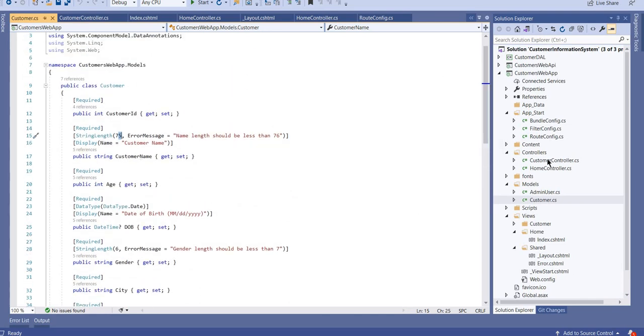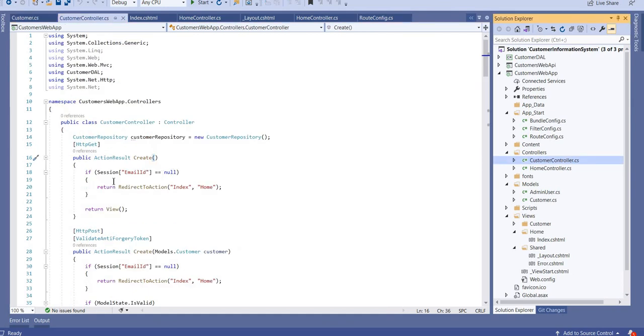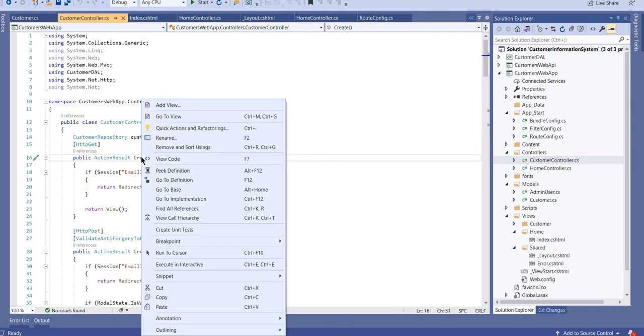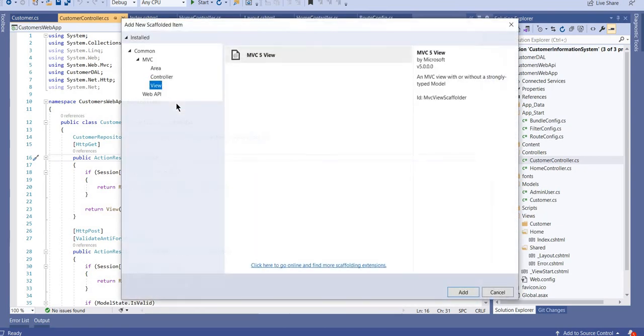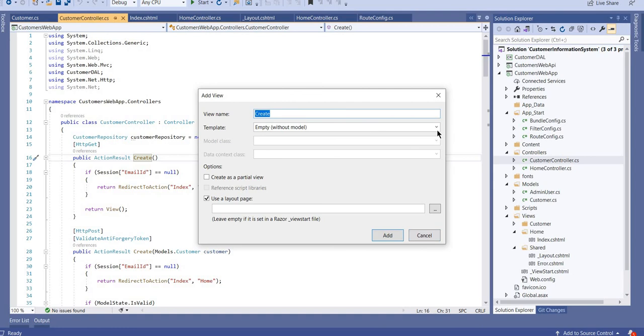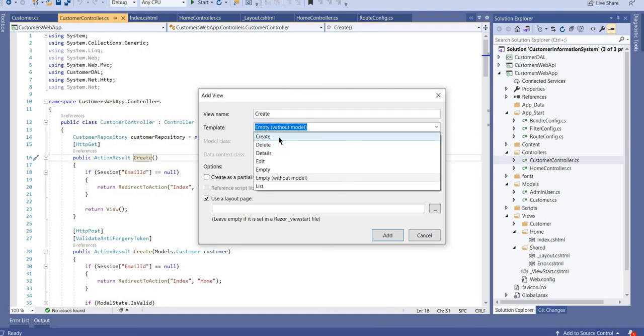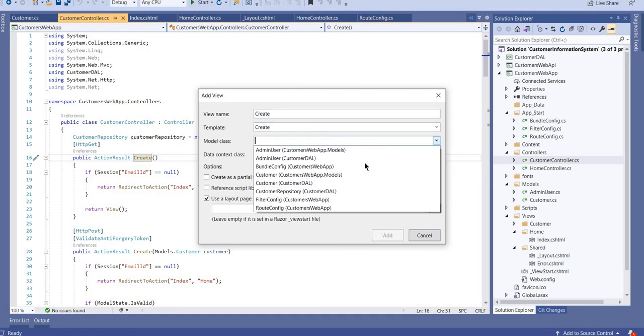Fine. Now let's come back to our customer controller. For create, again you have to create a view, and this time you have to select the create template, and then you have to select a model. Which model? Customer. Customer is there in the DAL, and customer is there in the model also.